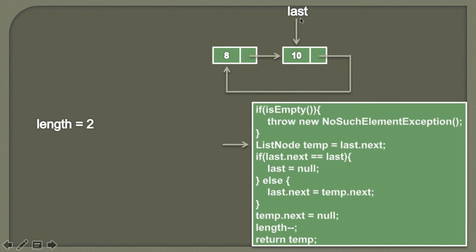So friends, here we track the last node of the circular singly linked list and we want to remove the first node. Therefore, in order to reach the first node, we simply do last dot next. So this value we are assigning to a temp node and it would look something like this. So here you can see last dot next is pointing to this first node and we are assigning that value to temp. So now temp will point to the node having data as 8. Moving ahead,